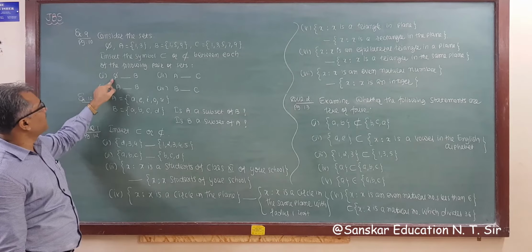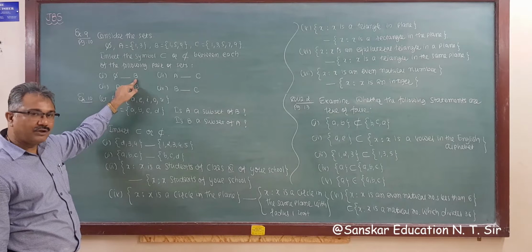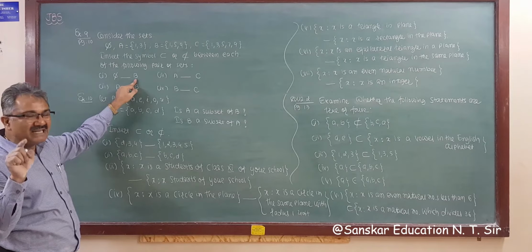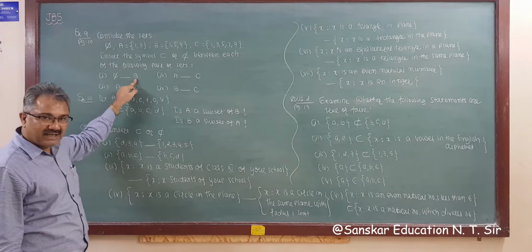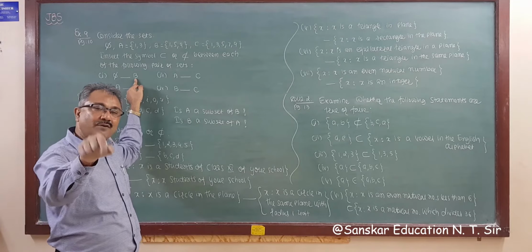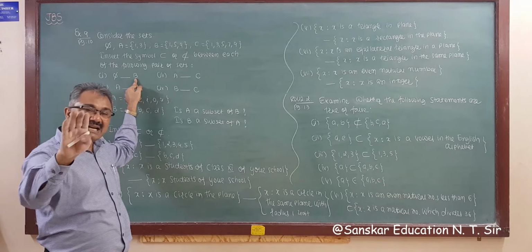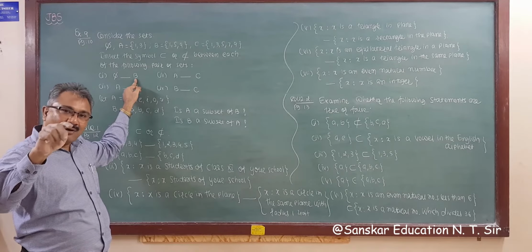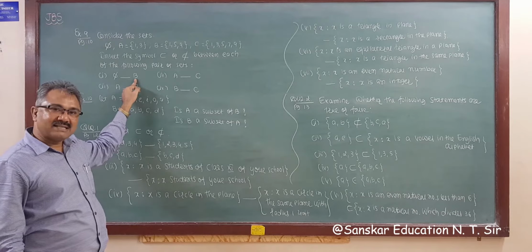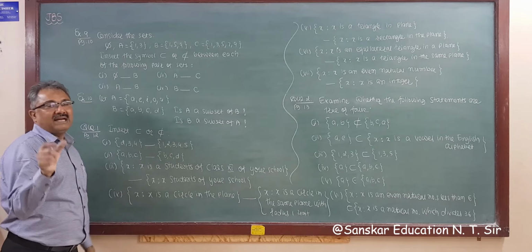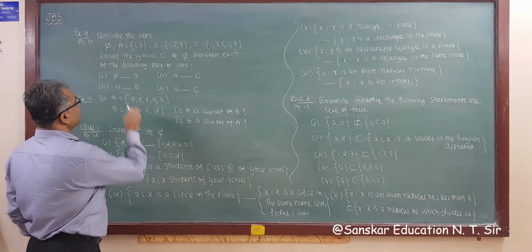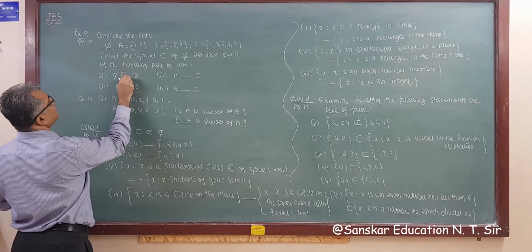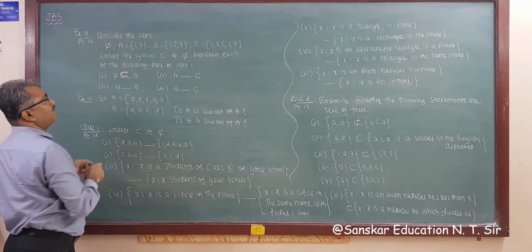So, first, is φ a subset of B or not? You know, each set is a subset of itself, meaning B is a subset of B. Here set B is given, and the empty set is a subset of all sets because the empty set has no elements, and all its elements are contained in another set, that is B. So the answer will be subset. This is a subset of B.